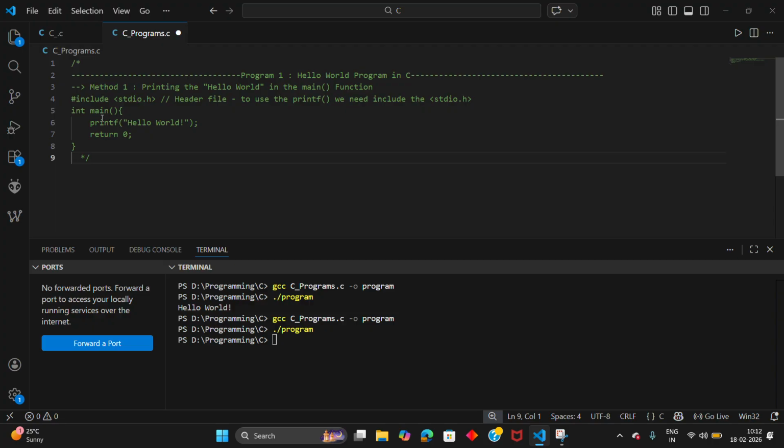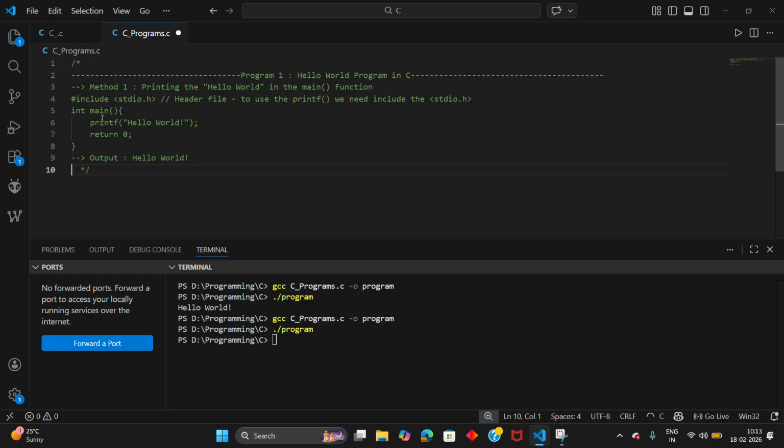Next, printf hello world. The printf function is the inbuilt library function that is used to display output on the screen. The message hello world will be displayed on the screen. Return 0 is an exit statement. This line simply ends the program. After the return 0 statement, any statements you write will be ignored. In this case we got the output hello world. Let me write that first. Output equal to hello world.